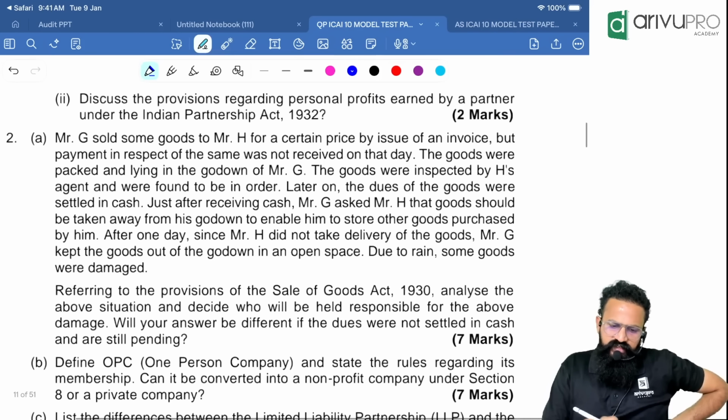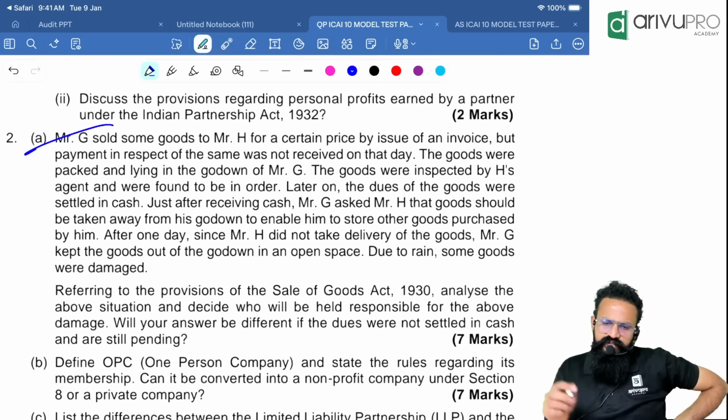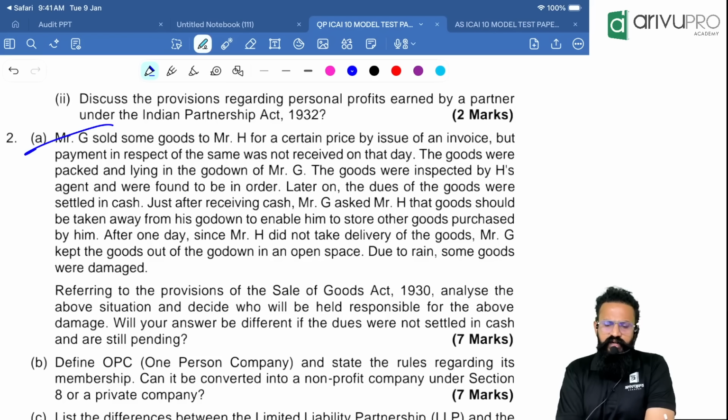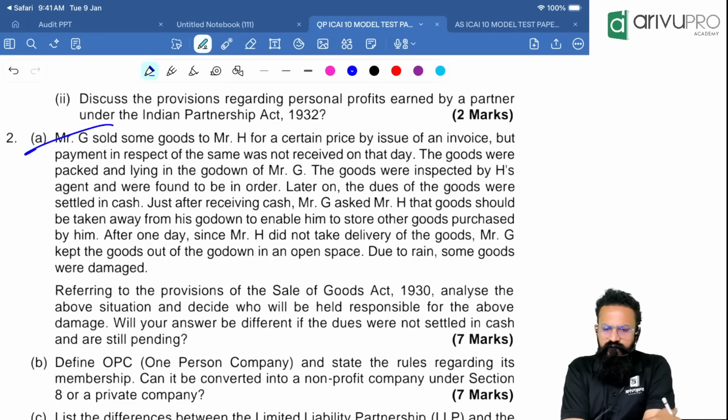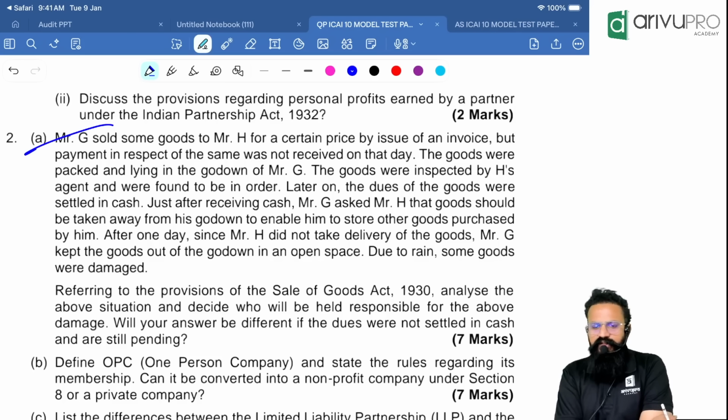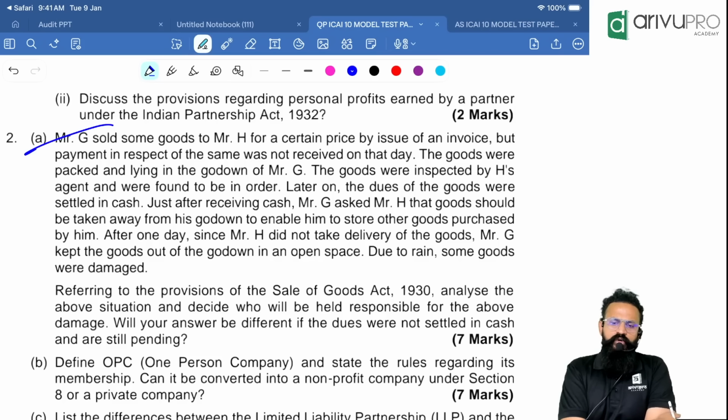Okay, next one. Mr. G sold some goods to Mr. H for a certain price by issue of an invoice, but payment in respect of the same was not received on that day. The goods were packed and lying in the godown of Mr. G. The goods were inspected by H's agent and were found to be in order. Later on, the dues of the goods were settled in cash. Just after receiving cash, Mr. G asked Mr. H that goods should be taken away from his godown